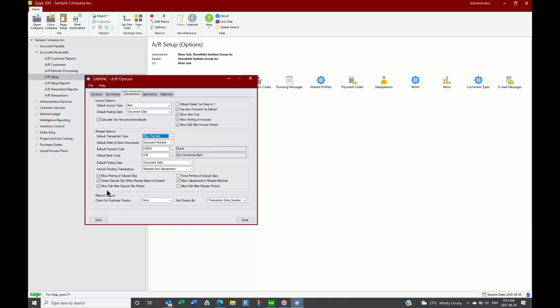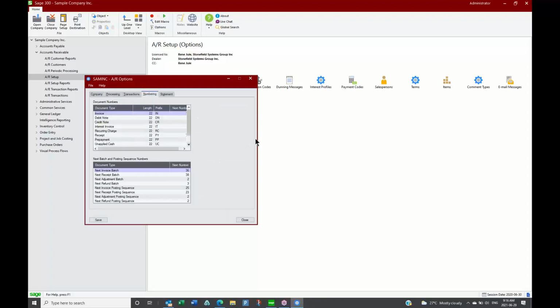Then there's some defaults. Another big one is this default bank code. So when you go and do a deposit, it's going to default to a certain bank. Of course, you can always change it, but here's where you set up the default. I may come back to some of these other settings here when applicable, but for now, I'll just pop over